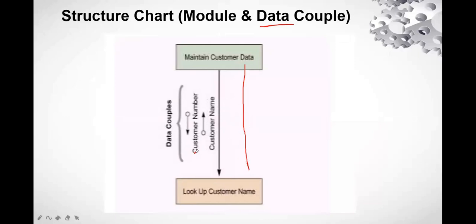So the data couple is the data that is traveling. The dependency of data is what? Customer name. I will fetch the data and this particular module receives it. So these are called data couples, the passing of data between the two modules, which is formed as the dependency statement, right? With the help of which they are dependent on each other. So this is how the data couple is defined.